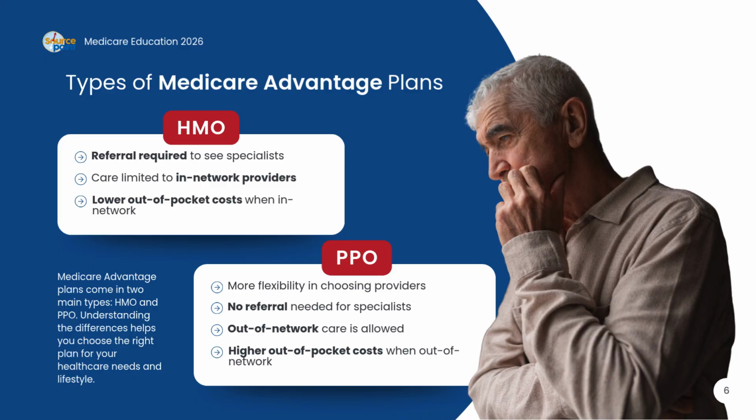A PPO, which stands for Preferred Provider Organization, offers both in-network and out-of-network benefits. If you stay in the network, you receive the highest level of benefits. PPO plans also allow you to see providers outside the network, however, out-of-pocket costs will be much higher. Keep in mind that many PPO plans pay only 50%. Additionally, you may have a deductible to meet and a much higher out-of-pocket maximum per calendar year.